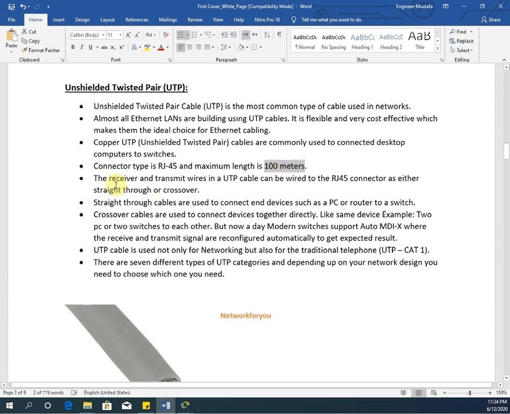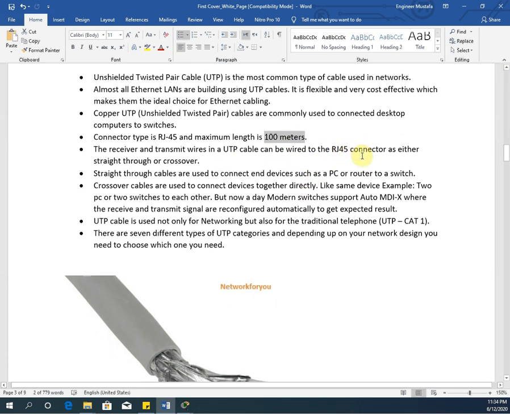The receiver and transmitter wires in the UTP cable can be wired with the RJ45 connector at both ends, as we told. Now our smart devices like new switches and new routers automatically detect. Else we need to use the crossover cable and straight cable. If you are connecting similar devices, we need to use the crossover cable.